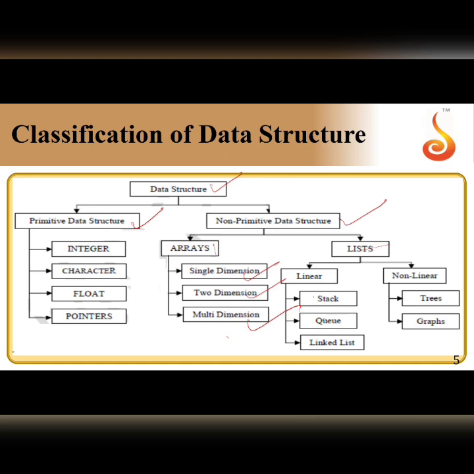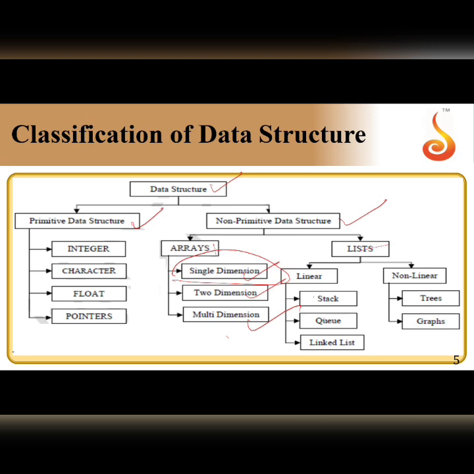And what are multidimensional? More than two dimensions is multidimensional arrays. Here we'll be mainly dealing with single dimensional array. One dimensional array, all the programs like searching, sorting, insertion, deletion, checking of the frequency of an element, everything using